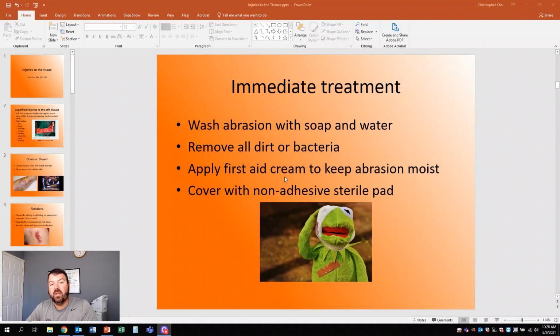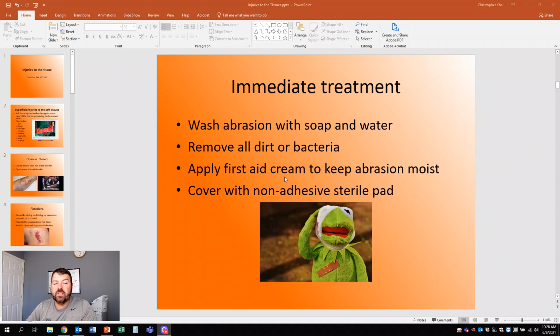Okay, it promotes the optimal healing environment. Now, I don't want to say that it heals faster, but it's the best healing environment. That's very, very important. And you can put that directly on. I wouldn't put it on a wound that is still gushing. I would try and slow down a little bit before I put that on there.